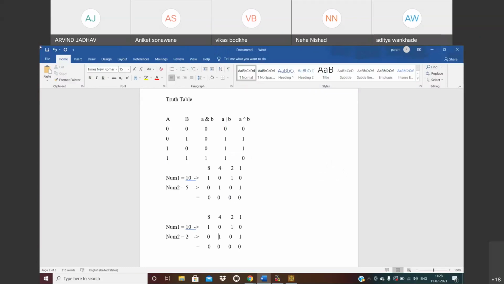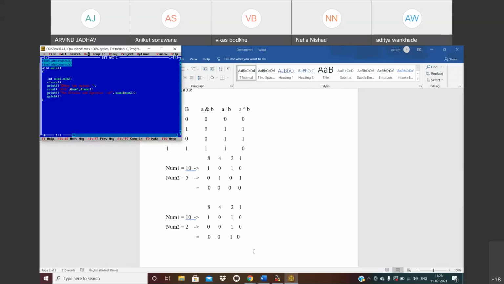So 2 का binary क्या होता है? This one 0, this one 1, this one is 0. Okay, now check out: 0 0 0 1 1, we get the 1, and 0 0 we get 0, 1 0 we get the 0. See, so we get this binary number 0 0 1 0, and we all know that this binary is used for the number 2. Okay, यहाँ कितना दिख रहा है आपको? 2. Okay, so we get the output as 2. So like that we can perform the operation.